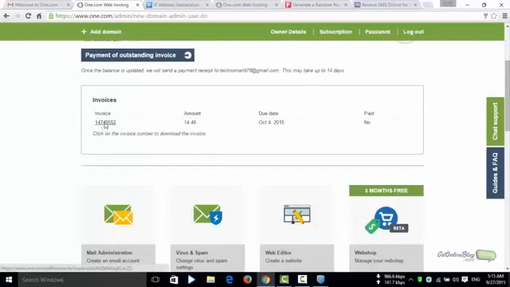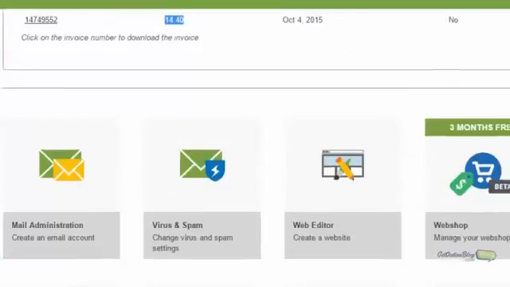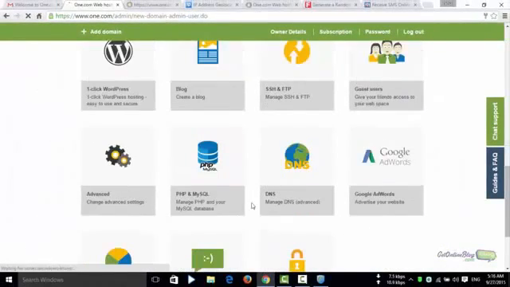Okay, what you can see here is we have a pending balance of 14.40, and as we are not going to pay it, they will cancel the web space and you'll still keep the domain name. So what you will need is a form to change the name server, because on one.com you cannot change the name server. If you go to the advanced DNS manager,